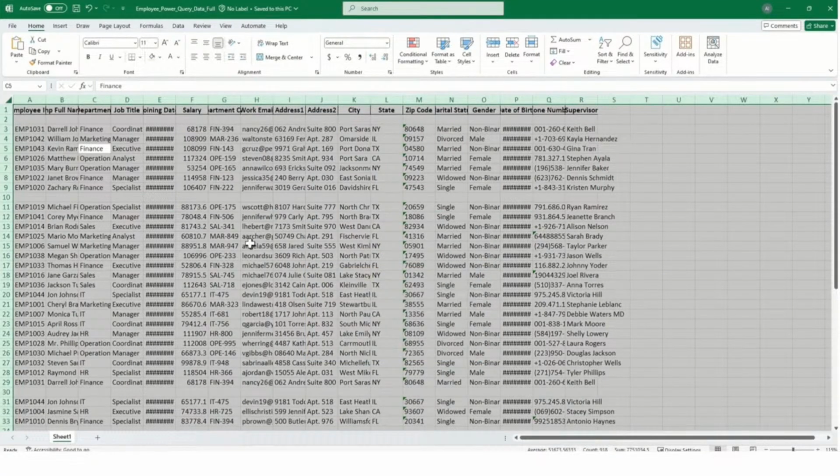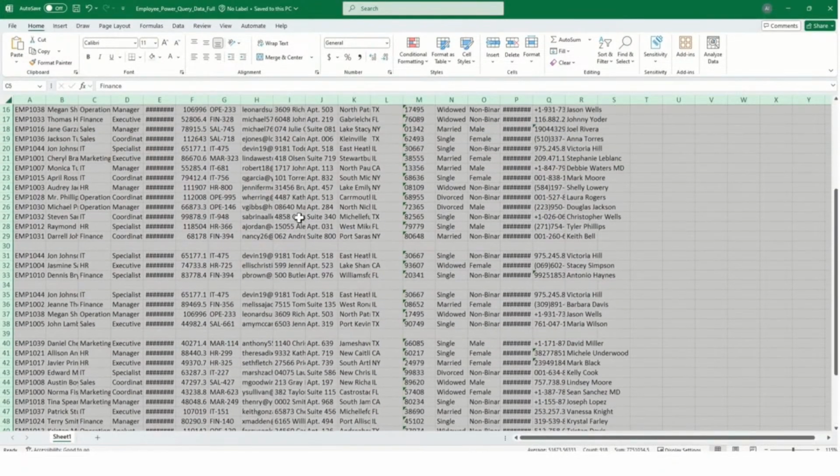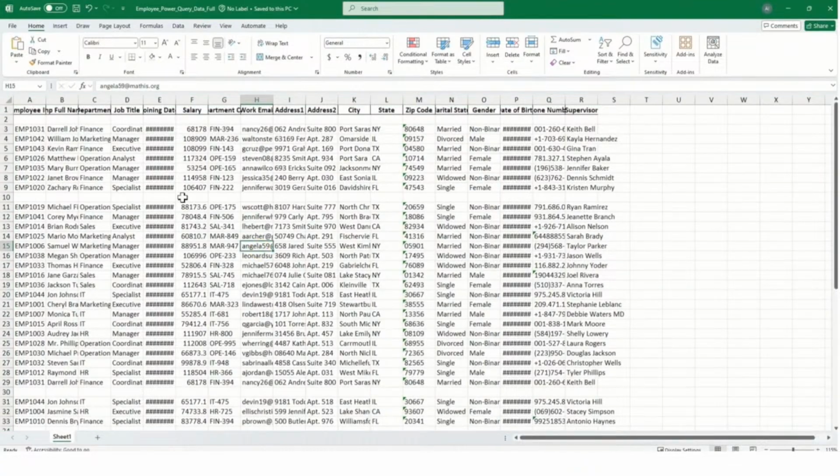तो उसके लिए आप ये कर सकते हैं कि एक बार और कंट्रोल ए दबाएं। लेकिन जब आप दूसरी बार कंट्रोल ए दबाते हैं तो आप देखेंगे कि पूरी शीट सेलेक्ट हो गई है। तो आपके पास डेटा बहुत कम है, लेकिन आप देखेंगे तो आपको बहुत सारे कॉलम और रोज सारे सेलेक्ट हो गए। तो ये भी एक राइट अप्रोच नहीं है, क्योंकि जो भी आप काम करेंगे तो पूरे शीट पे इफेक्ट पड़ेगा, ना कि सिर्फ आपके डेटा पे। तो उसके लिए थर्ड ऑप्शन यूज करते हैं। वो एक बहुत ही सही ऑप्शन है।